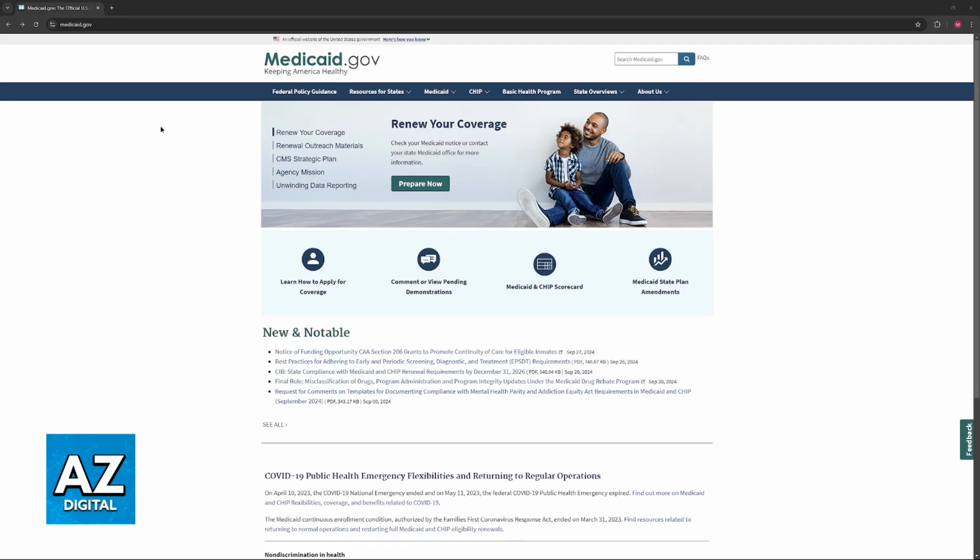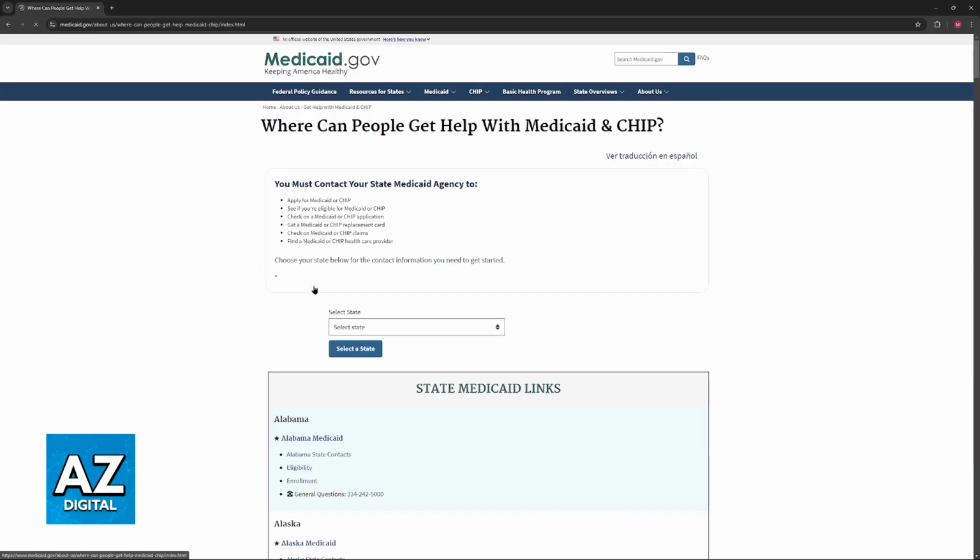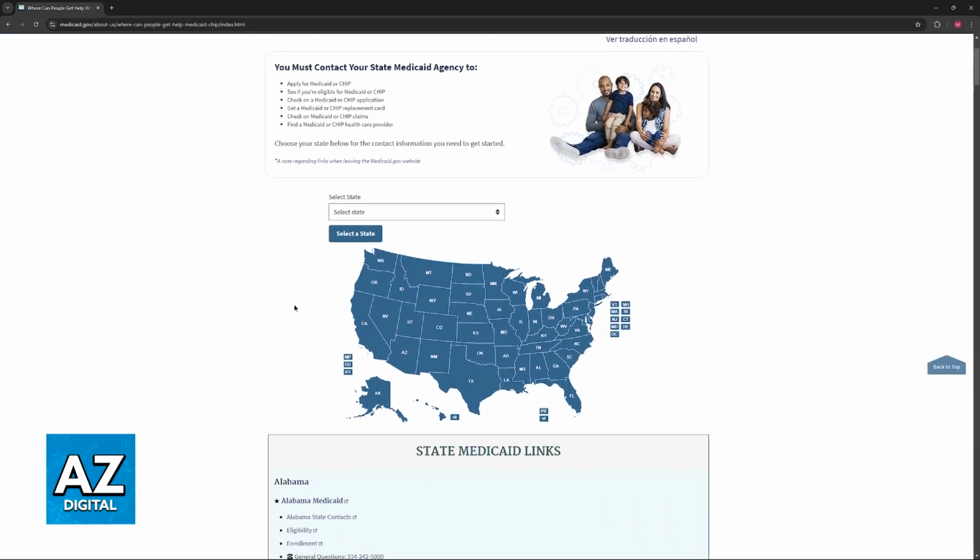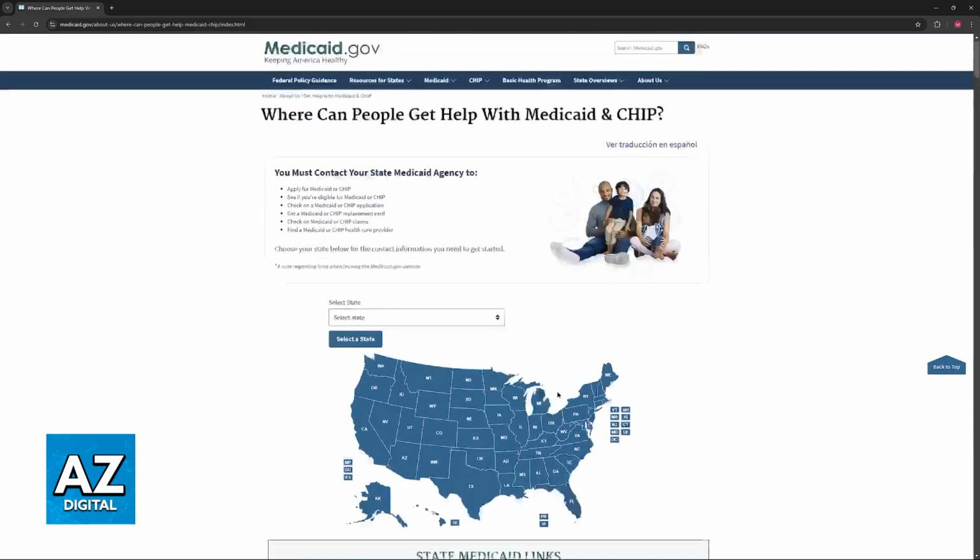So all that you have to do is go over to medicaid.gov. You can follow along using your phone or a computer. So just open a web browser on any device that you prefer to use and go to medicaid.gov. When you arrive at this page, you will be able to browse through all of the options available on the website. So you can go over to this page, learn how to apply for coverage if you would like extensive help, but for the most part, all that you have to do is be redirected into the appropriate website.